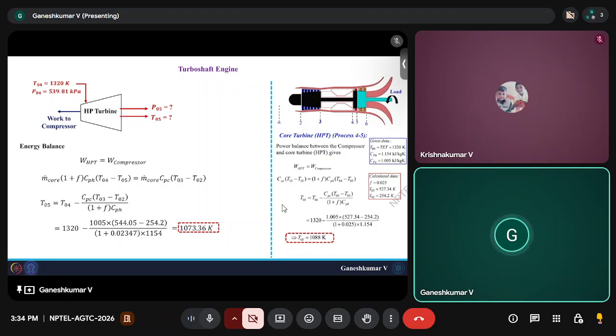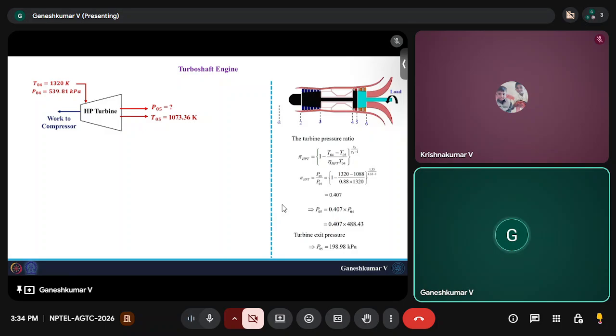Now we also need to find out the pressure. For pressure, we will use the turbine efficiency, which is going to be based on the pressure ratio. So P05 minus P04 is equal to 1 minus (T04 minus T05) divided by the efficiency of the HP turbine times T04. You should also note the turbine efficiencies are lower here. Typically we do not have 88% turbine efficiency in turbojet or turbofan engines, but here the efficiencies are lower. Anyway,